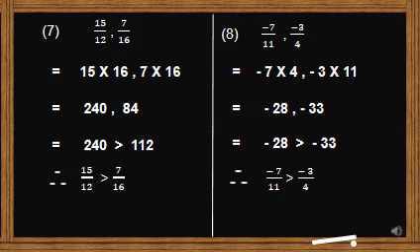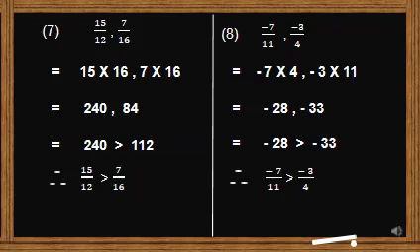Okay, so students, the 7th and 8th questions are similar. The steps to solve the 7th and 8th questions are very much similar. Here our question is 15/12 and 7/16. In this, the denominators are not the same and we can't easily make the denominators the same. We can, but it is a very long process and it will make it difficult to calculate. We will follow the easiest way, that is our third way.